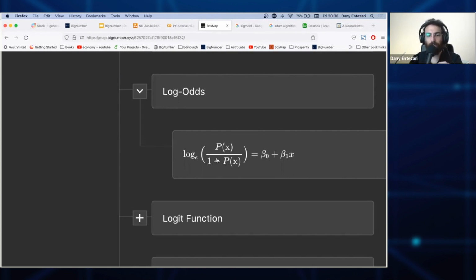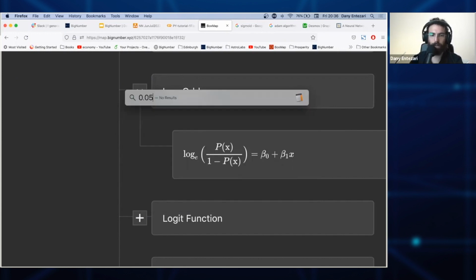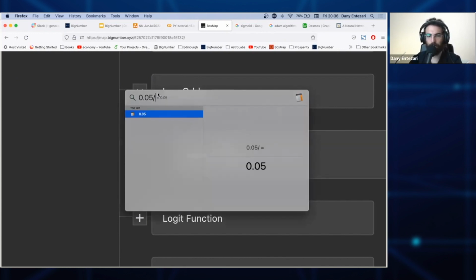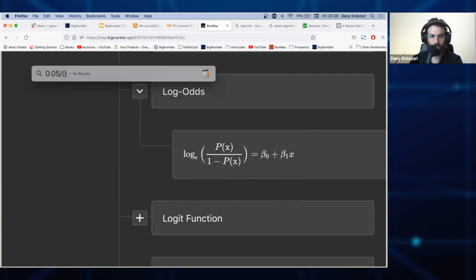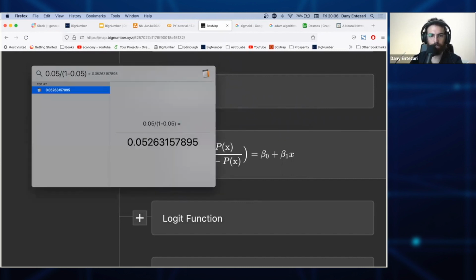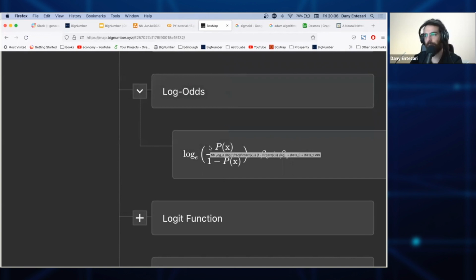You see, the number can be very small. If I have, for example, 0.05 probability over, let's say, 1 minus p of x, it will be 1 minus 0.5. You see, the probability is very small, 0.5%. And in the case of multi-class classification, you will have all of these very tiny probabilities, 5%, 1%, less than 1%. So for arithmetic purposes, and in particular computation purposes, we want to rescale